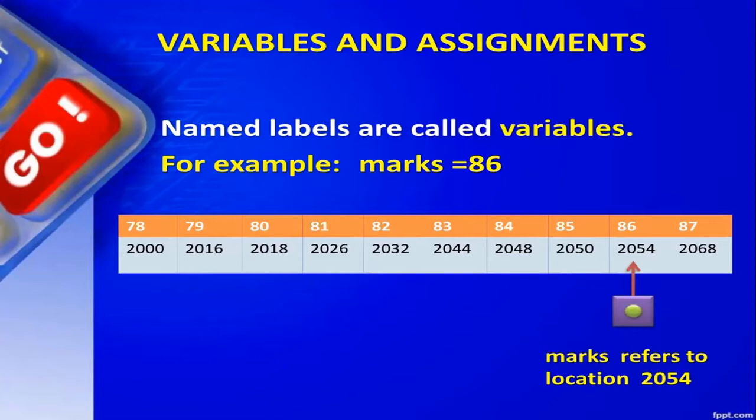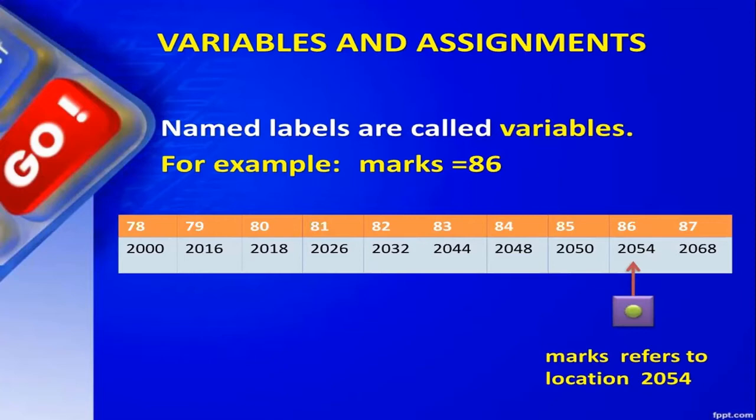Now, how the value is saved in memory in Python is very interesting. On this screen, the numbers 2000, 2016, 2018 are all memory locations. These are memory addresses in the system, just simple numbers given for our reference. Of course, the numbers differ and they are normally hexadecimal values, but let's assume. And right above it, you see the numbers 78, 79, 80. In Python, numbers already have an address attached to them.